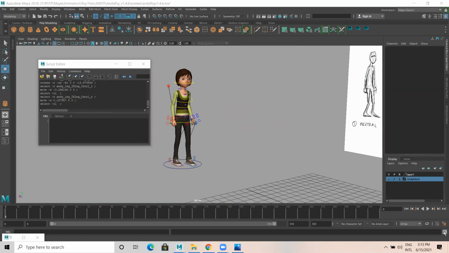When we click this, I get the script editor here. So there are two options. Before starting to create this pose, we can do this, or else at least after the first pose, first gesture, because we need to set keys, we need to animate all the curves at once.